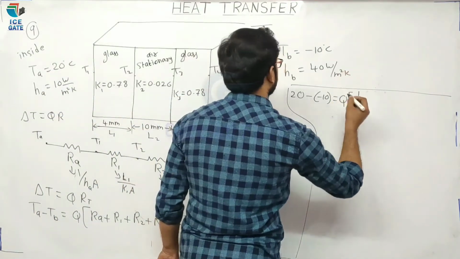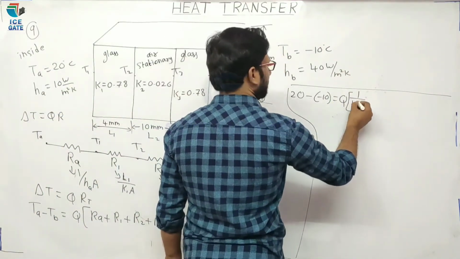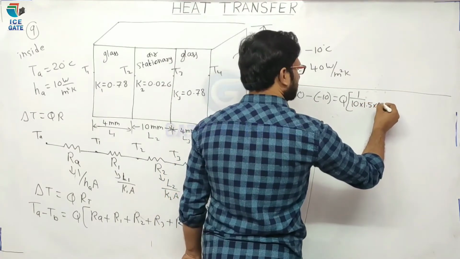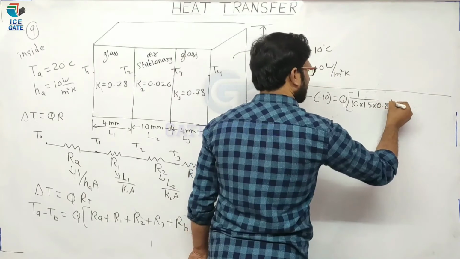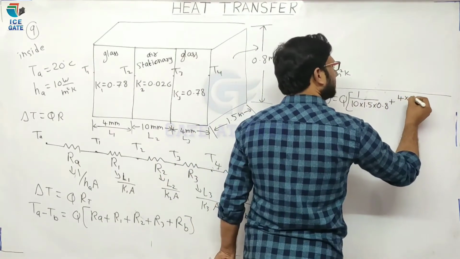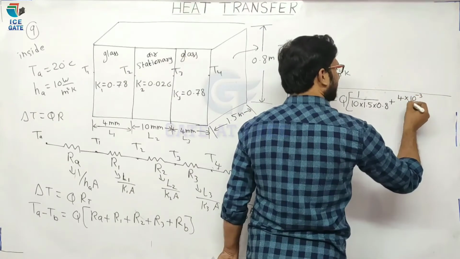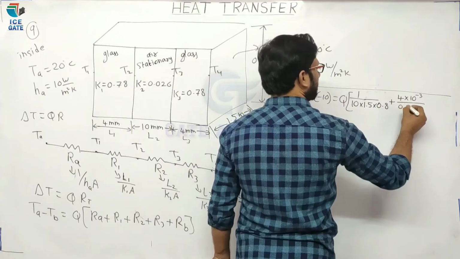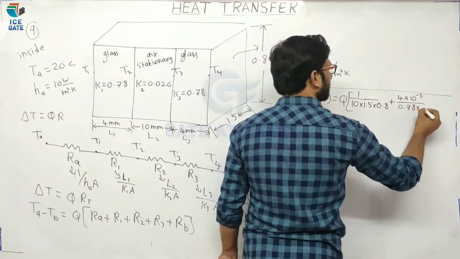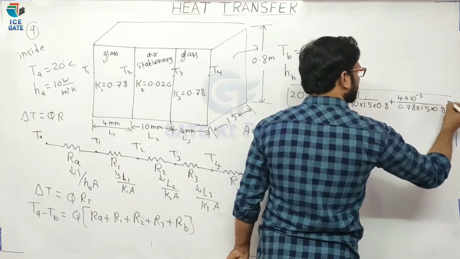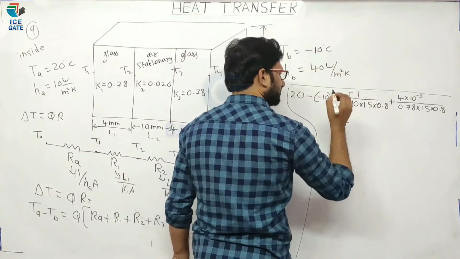1 divided by HA. What is HA? 10 into area. What is area? 1.5 into 0.8 plus L1. What is L1? 4 mm. Convert in meters: 4 into 10 to the power of minus 3, divided by the thermal conductivity of the glass layer K1, 0.78 into area, that is 1.5 into 0.8, plus